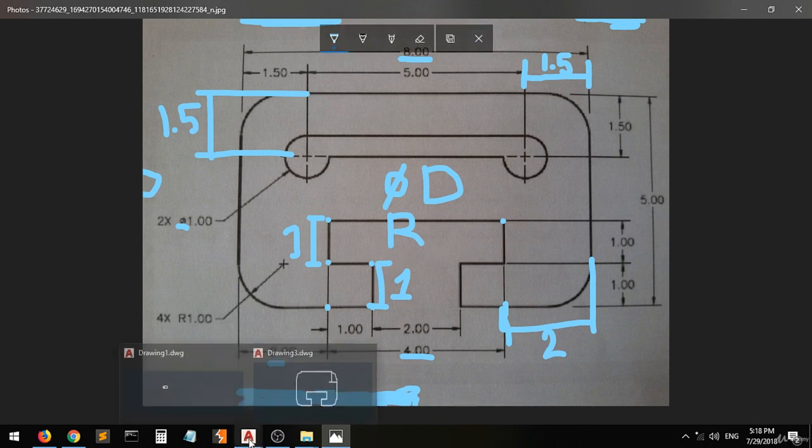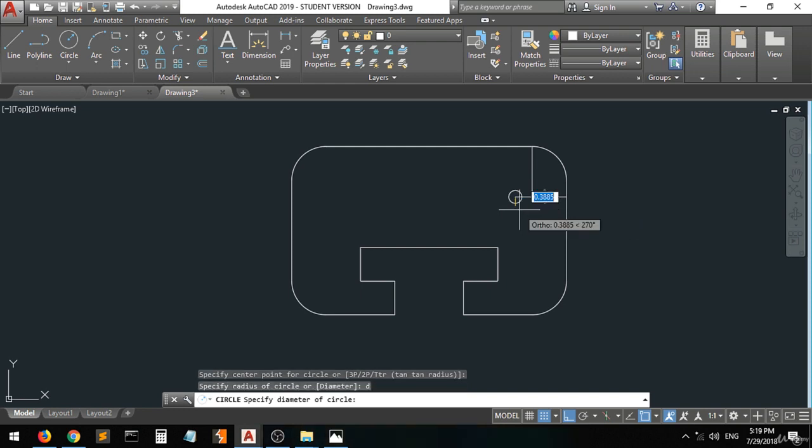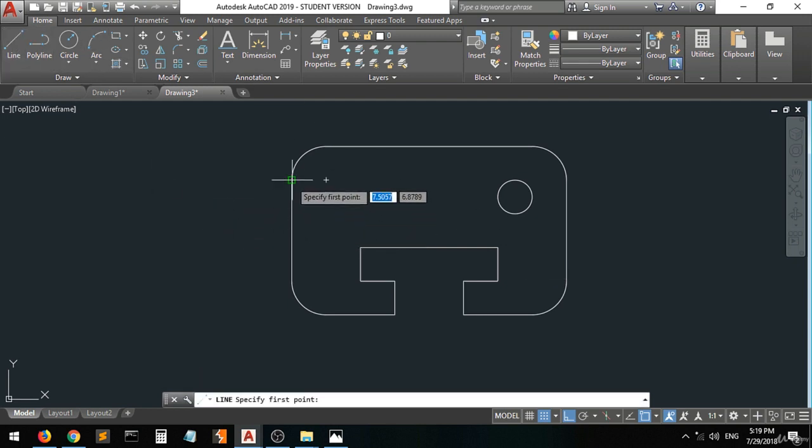So, go again here and pick the circle command, select this point as the center, and put what? D, enter, 1, enter. This is the first circle. And we will do this. Now you can delete these two lines, right? Delete it. I don't want it. Do this again. From this point at 1.5, the direction of 0, right? Again, from this point,